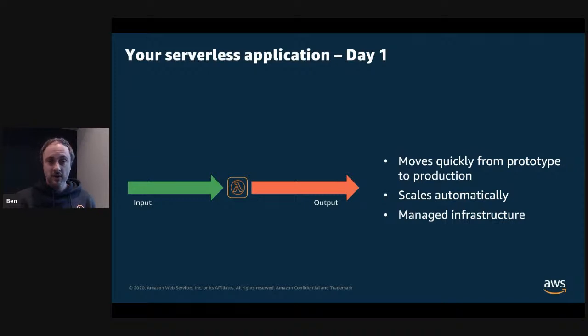Because serverless technologies let you scale and transition from prototype to production really fast, thanks to the inherent scalability and the managed infrastructure, before they know it, their application is running in production at scale. And they have this Lambda function that's receiving an event, performing some computation on that event, and outputting the results to some destination, which, as we know, can be vast depending on the required business logic of your application.